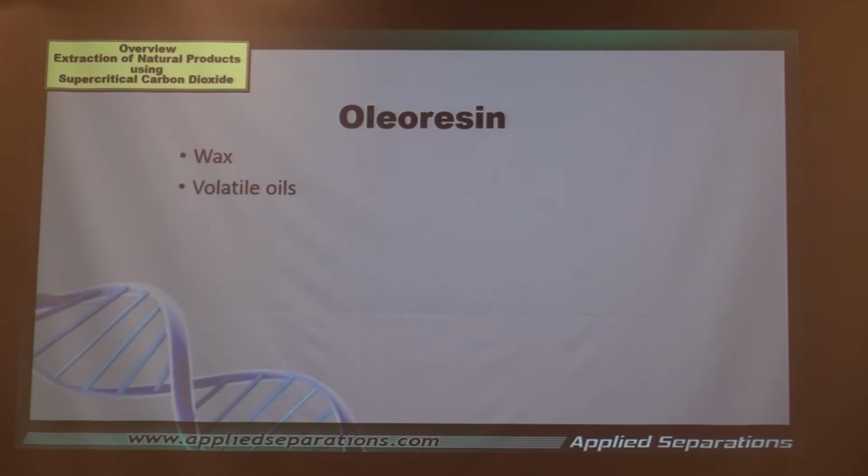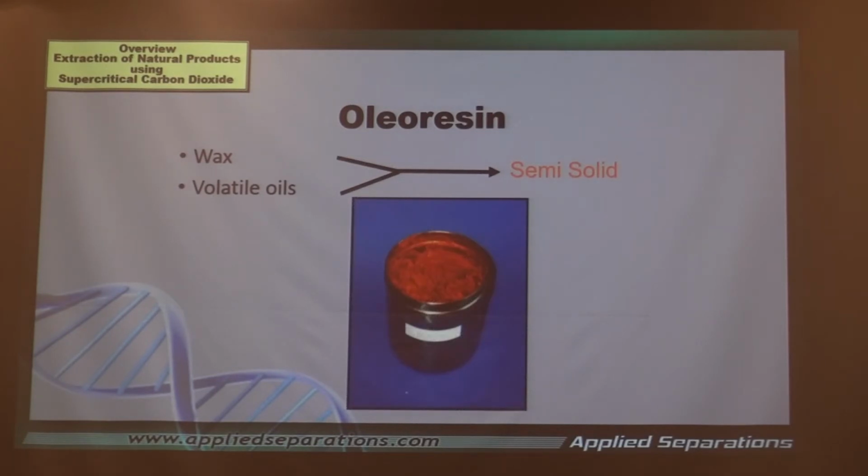The industry can make a concrete, which is the combination of the wax and the volatile oils. The concrete is often made by an ethanol extraction. The industry still does this because it's very cheap and easy to do. Supercritical can do the extraction, or we can start from the concrete. Or as the French say, the other English is the concrete.